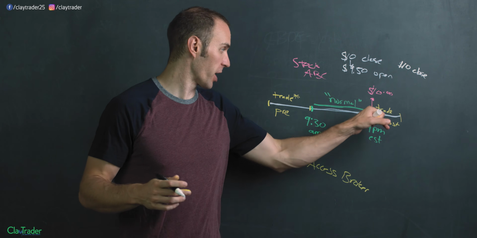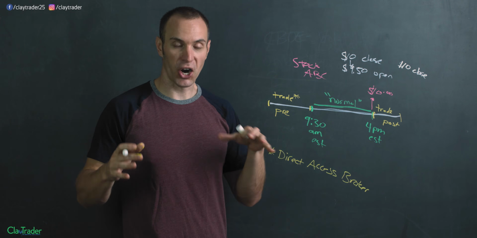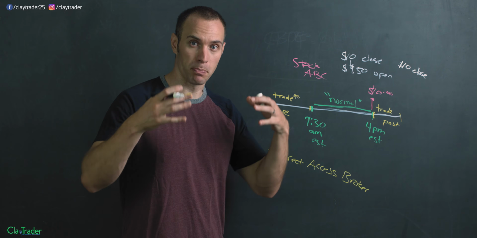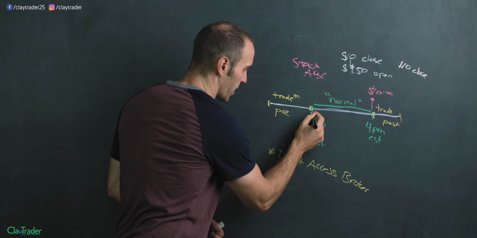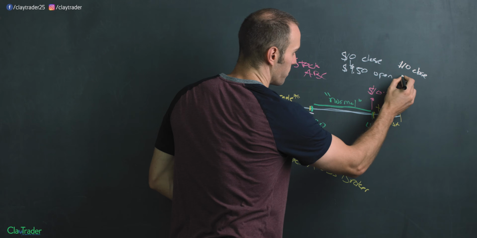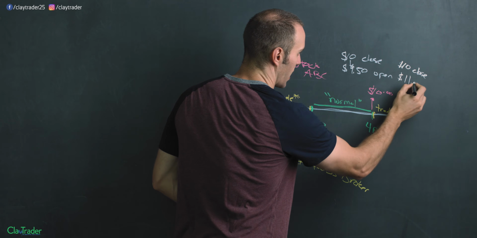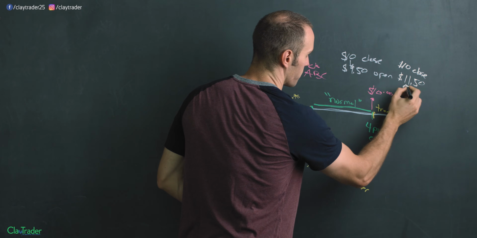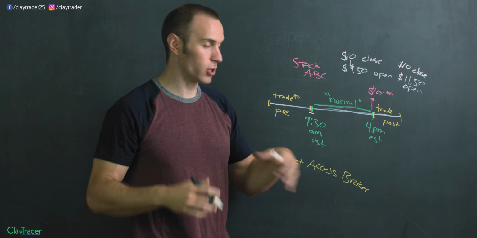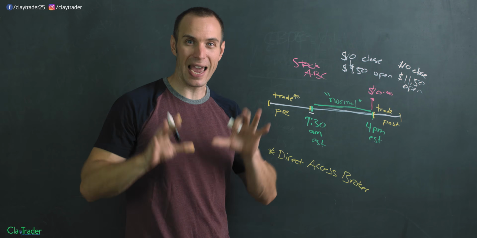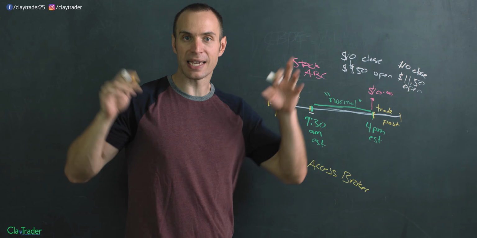Well, now a bunch of people that are able to trade in post-market and pre-market are going to want to buy. So all those people are buying, which means by the time it comes back to the open right here again, now all of a sudden it's at $11 and let's just say 50 cents open. So in that situation, what would happen? It closed at 10, it's opening at 11.50. That means it's gapping up in price. That would be a gapper.